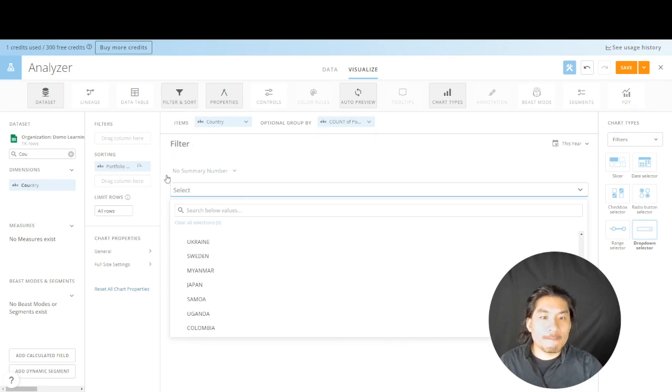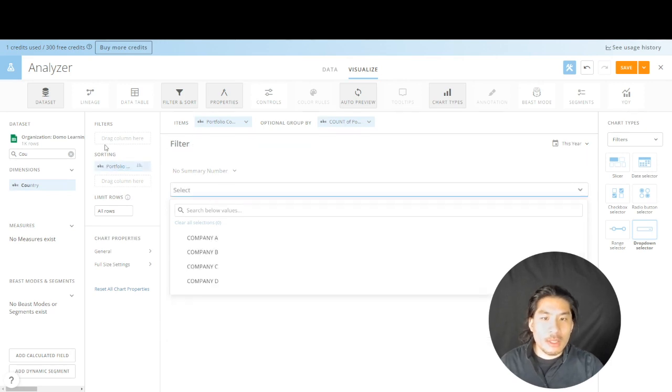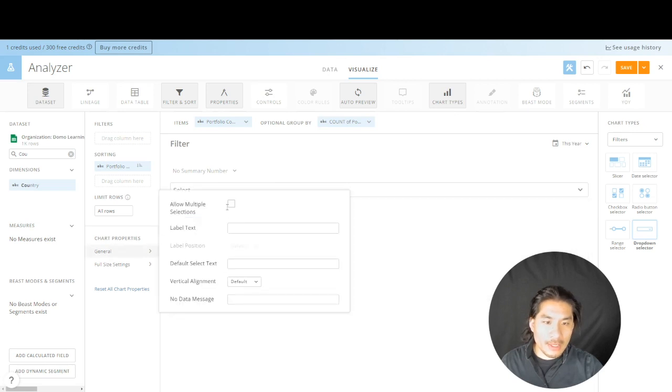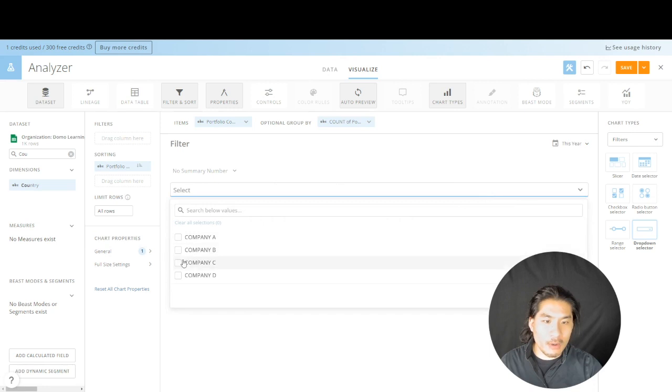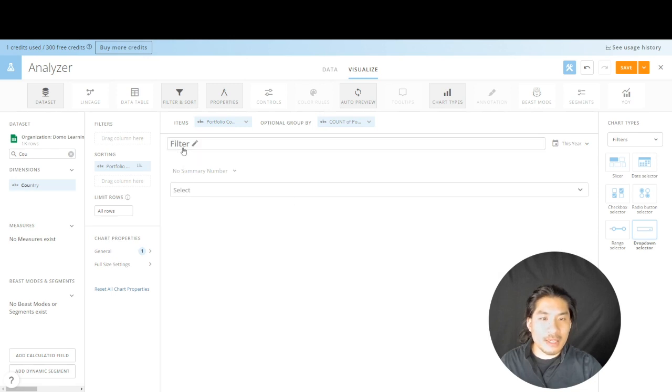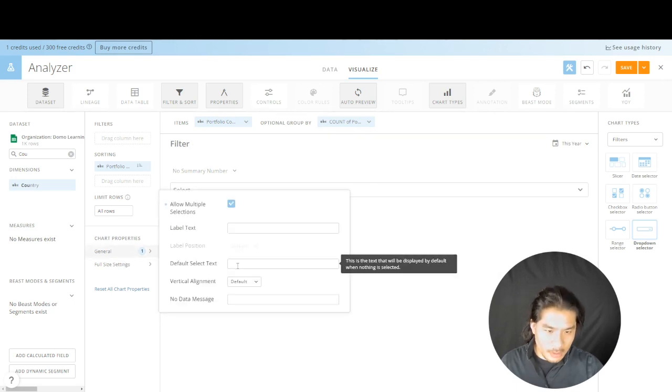Now, I'm fine actually to put portfolio company back. I just want to focus on one. Now, this is sorted in ascending order, and I can go to general and I can say allow multiple selections. This now allows me to pick A or C or B or both combinations or whatever I want to do. There's also another little trick. Instead of writing here and telling somebody, hey, this is the portfolio company dropdown, you could do this part. You could put it in default select text,